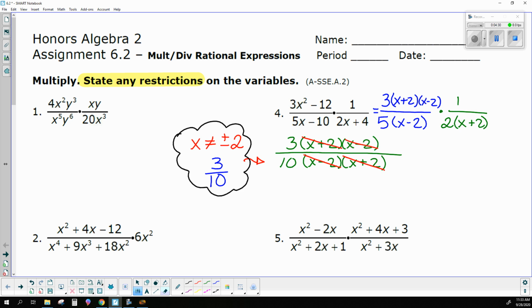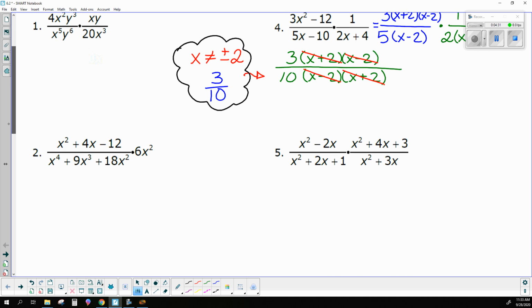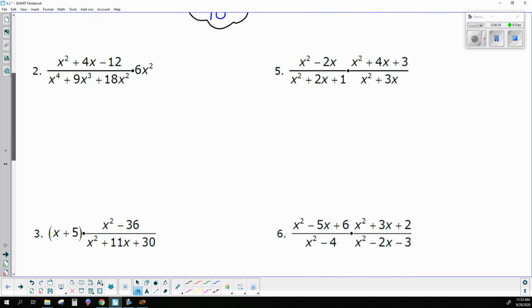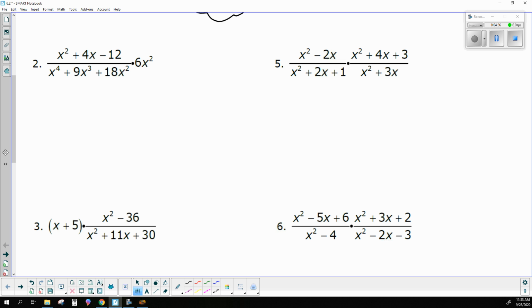So let's try that again. Look at number 5. A little bit larger, same process though. They get more intimidating, but don't let them scare you. So I'm going to factor the first fraction in itself. I'm going to factor out an x, and I get x minus 2. The denominator on that will factor out to be